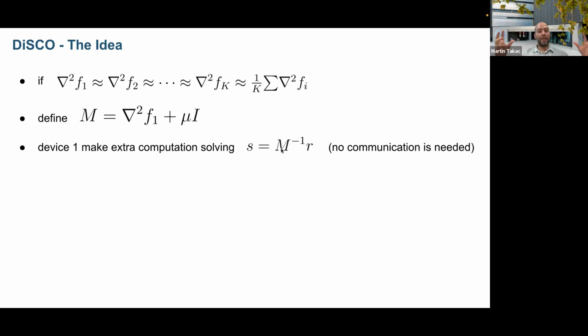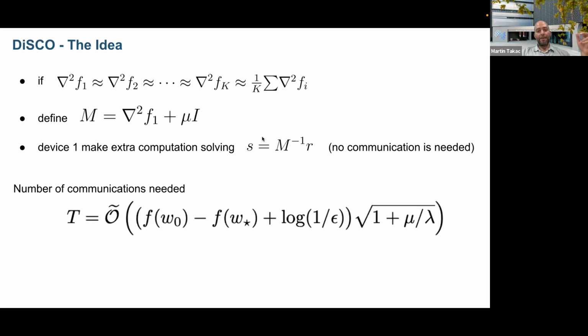You just basically transfer the burden of running many CG steps into one machine, maybe the fastest machine, I don't care. And it will try to compute this M inverse times I, or saying differently, M times S is equal to I, okay? And because this will be done only on one machine, I don't need to do any communication. I don't need to share any data, nothing like this. I will just compute this preconditioning only for every iteration of CG, only on one machine.